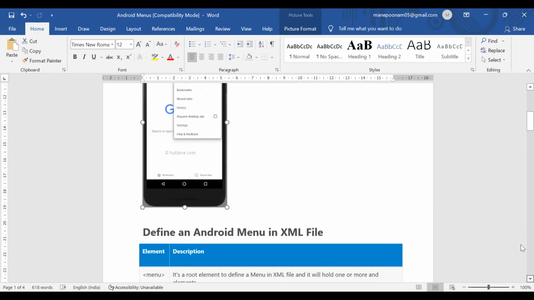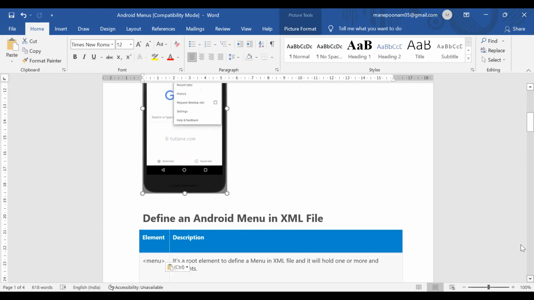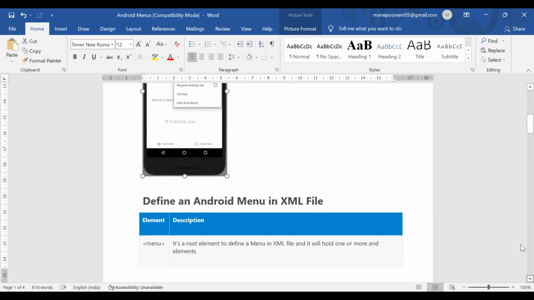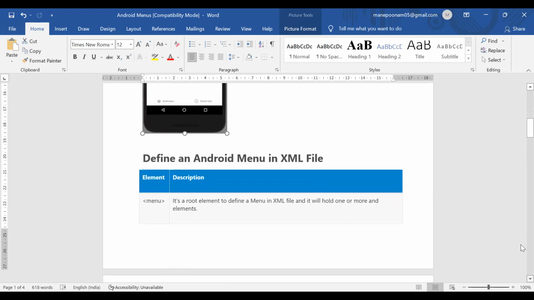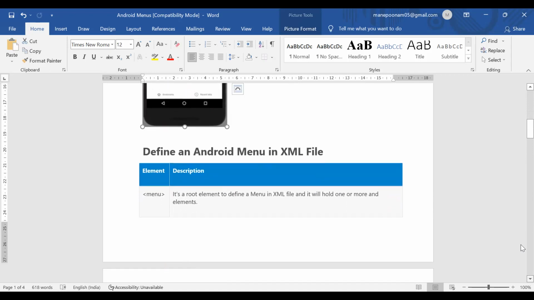Okay, next, let's see how to define a menu in Android. For that, we use an XML file, and the tag used is menu. Menu is the root element to define a menu in an XML file, and it will hold one or more elements. So menu is the root element.